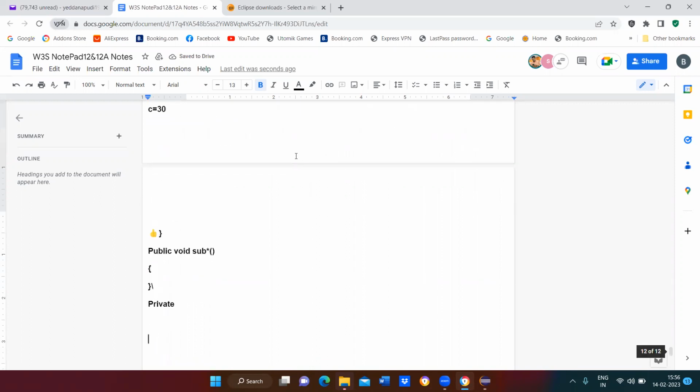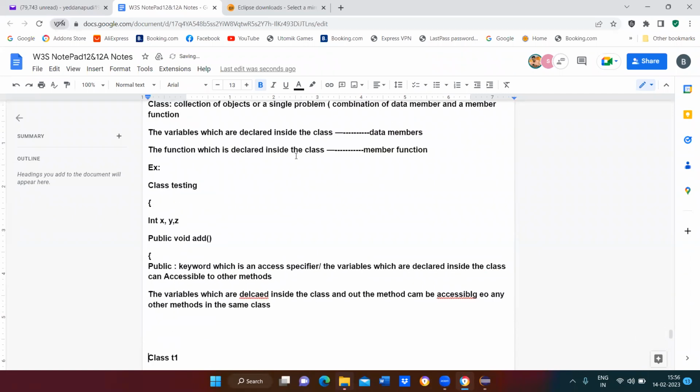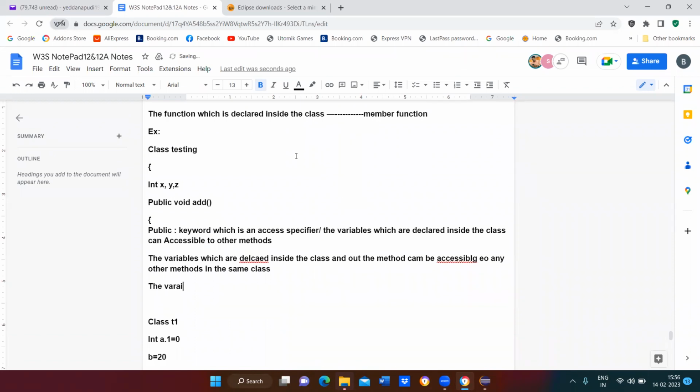Now, when you come to private, you can write it as: the variables which are declared inside the class, inside the method, and which cannot be accessible to any other methods.